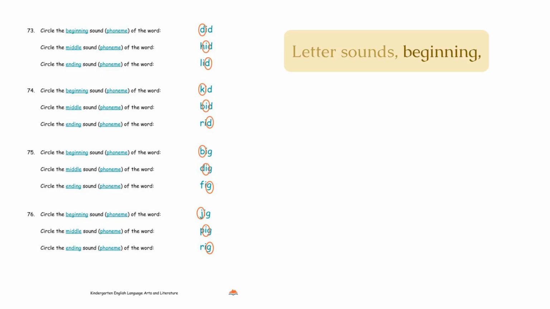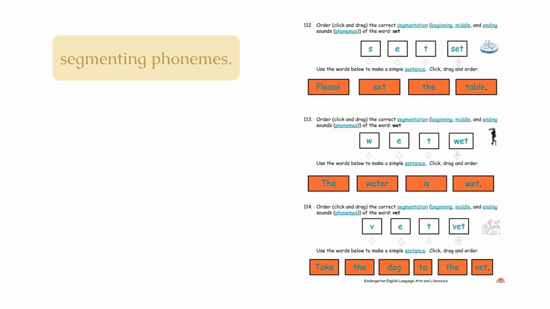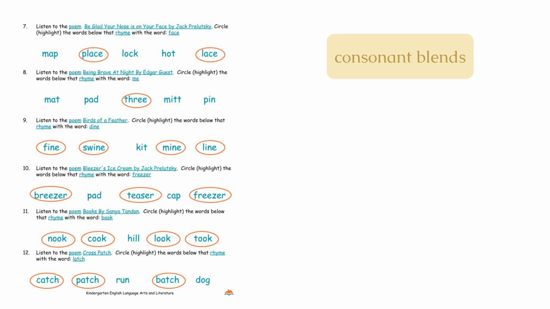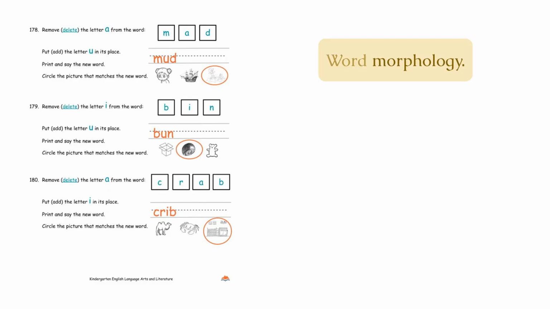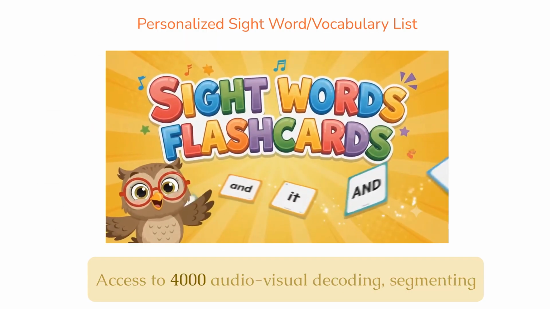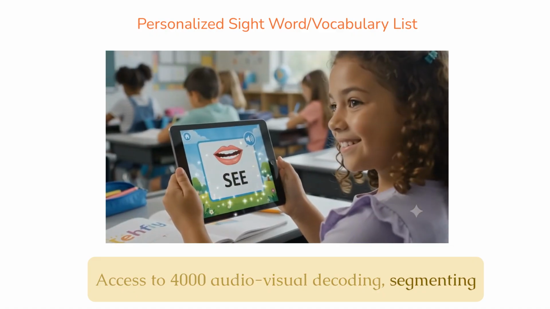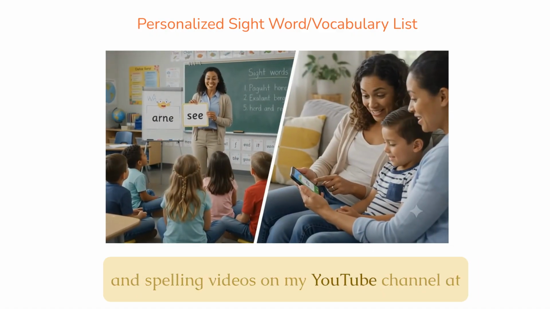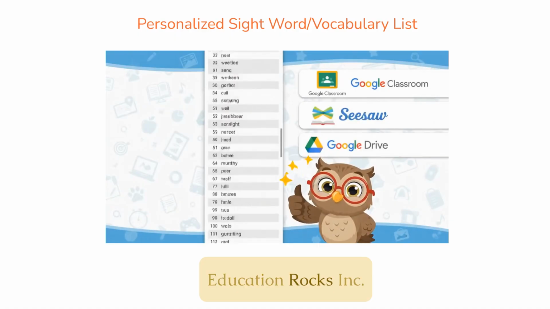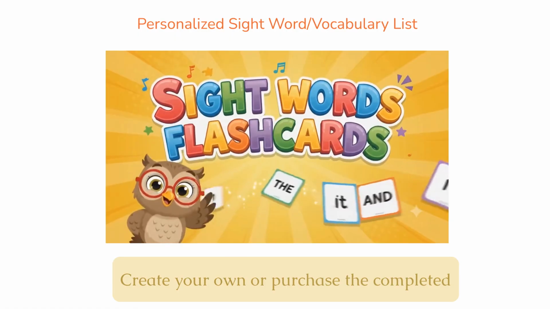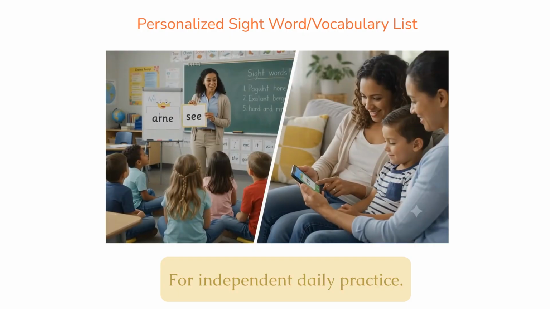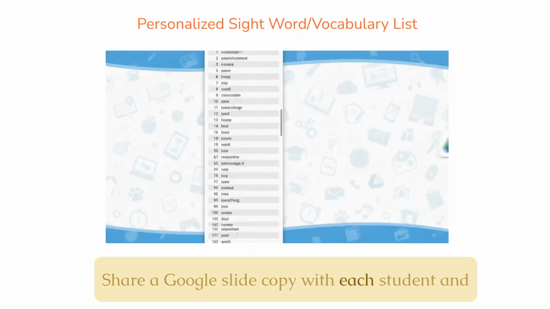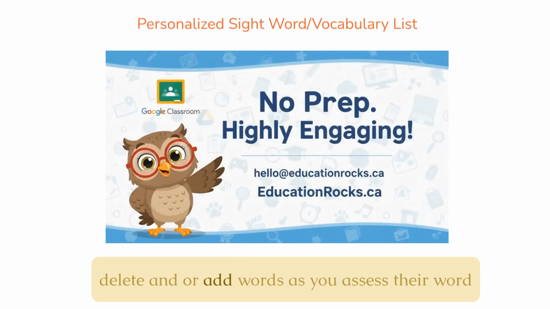Letter sounds, beginning, middle, and end. Segmenting phonemes. Consonant blends. Letter formation and letter identification. Word morphology. Access to 4,000 audio-visual decoding, segmenting, and spelling videos on my YouTube channel at Education Rocks, Inc. Create your own or purchase the completed resource. For independent daily practice. Share a Google Slide copy with each student and delete and/or add words as you assess